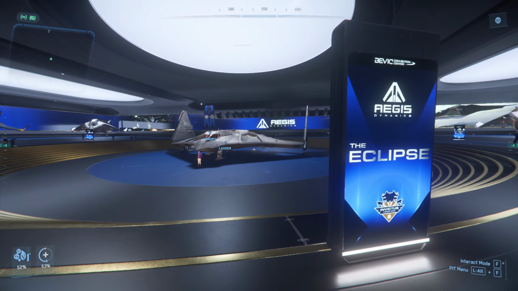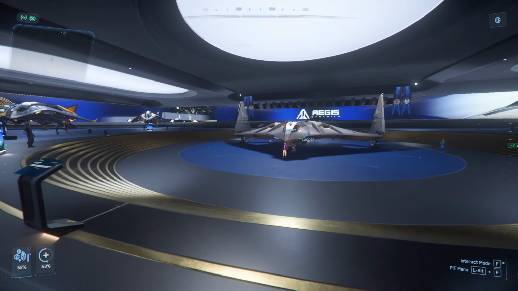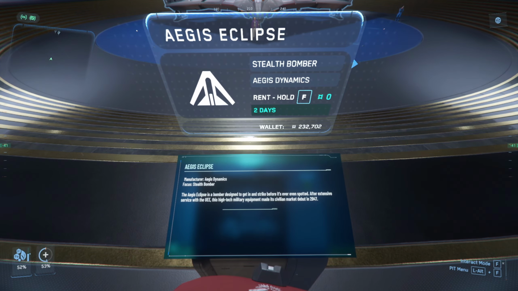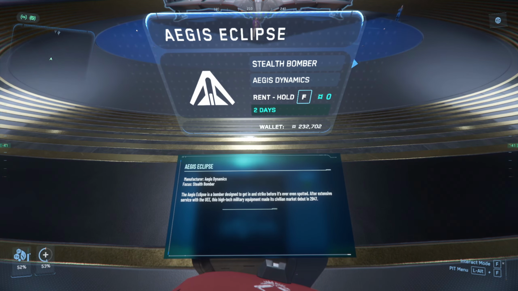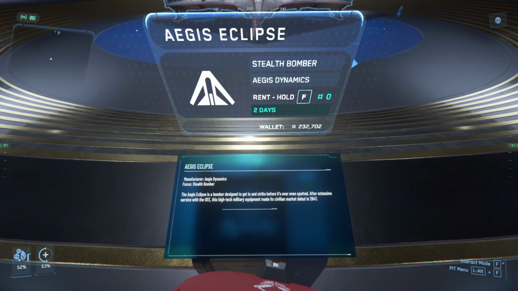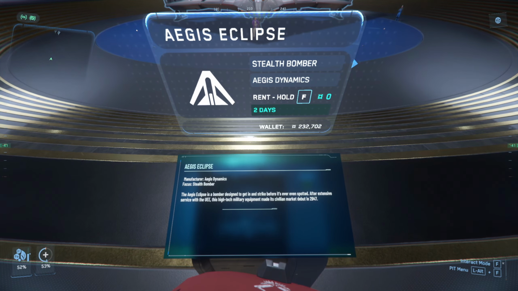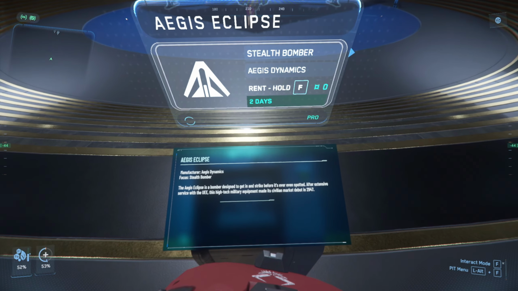Now, the Aegis Eclipse. This ship, I actually know nothing about. It's a stealth bomber, relatively. Yep. The Aegis Eclipse is a bomber designed to get in and strike before it's even spotted. After extensive service with the UEE, this high-tech military equipment made its civil market debut in 2947. I would highly recommend picking this up. In fact, I am going to pick it up